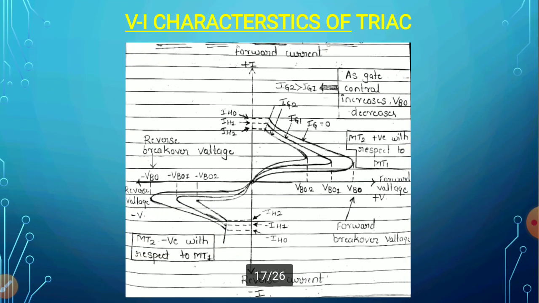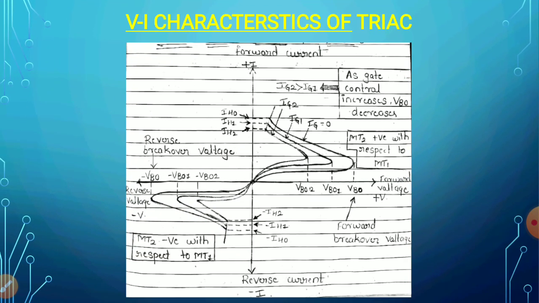Then next one is the VI characteristics of TRIAC. Again, as I said, it can be taken the same way, in the first quadrant and the third quadrant. In the first quadrant I am going to take the forward characteristics, and in the third quadrant the reverse characteristics. The first one is the curve which I am going to draw between the forward voltage